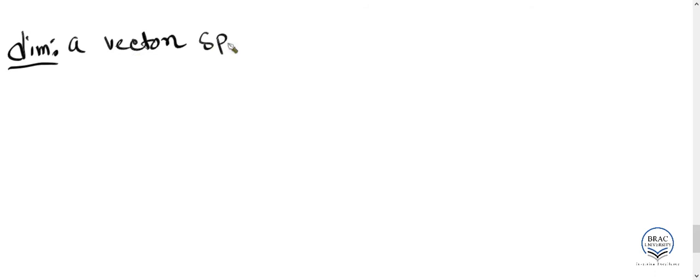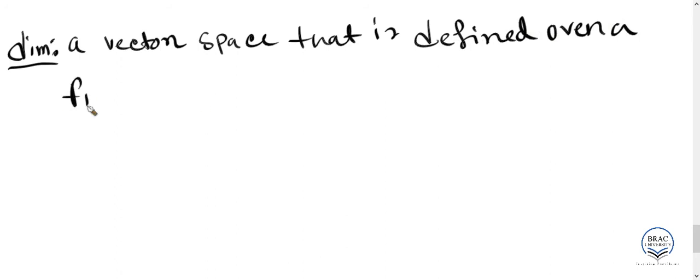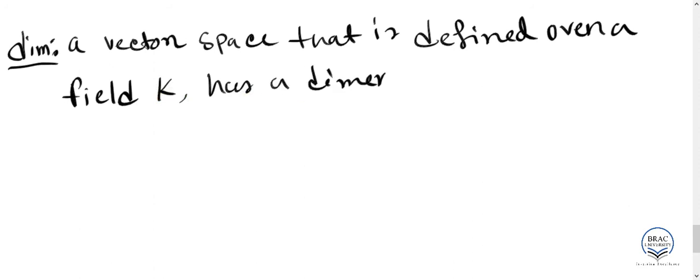A vector space that is defined over a field, let's say K, has a dimension n